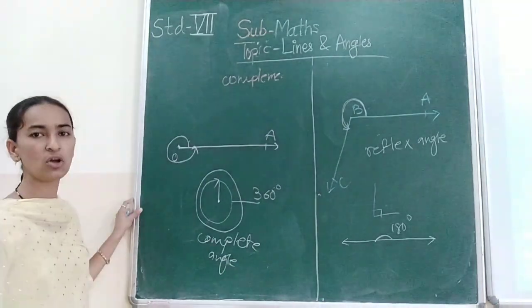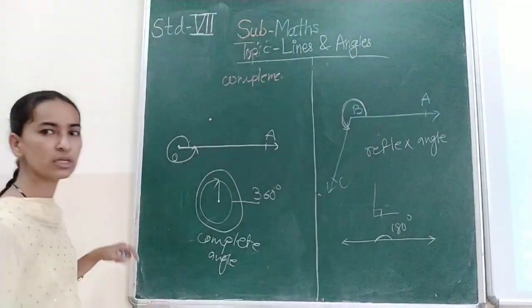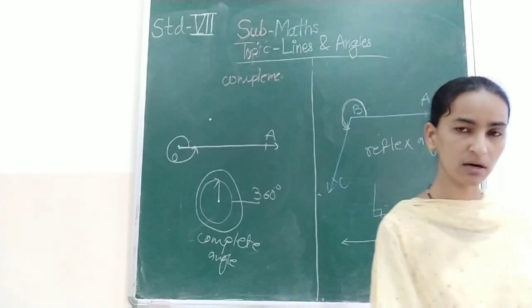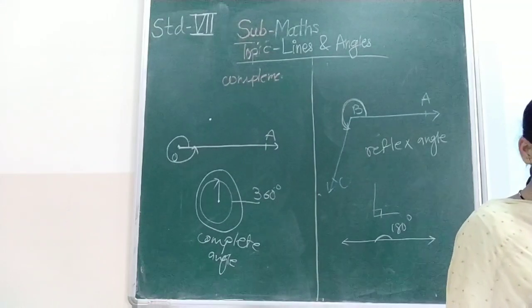And what is a zero angle? Zero angle is when we start here and the end point is also here only. Okay, students, that is called a zero angle. It is of 0 degrees. Then the next is